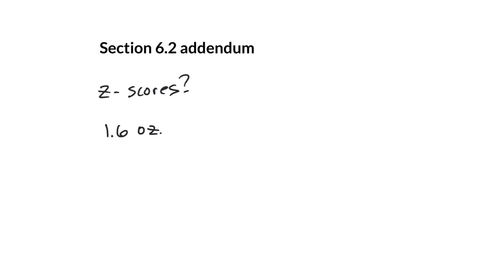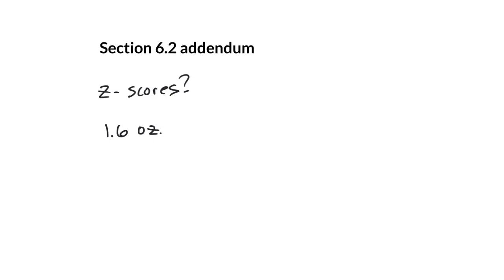So if you have no idea about the weights of field mice, like most people wouldn't, anybody who doesn't study them wouldn't really know, so you might be like, "Oh my God, was he starving?" And your friend's like, "No, he was way overweight." So really saying that a mouse weighs 1.6 ounces to someone who doesn't know about mice doesn't give a lot of information. But if this person said to you, and you understood z-scores,